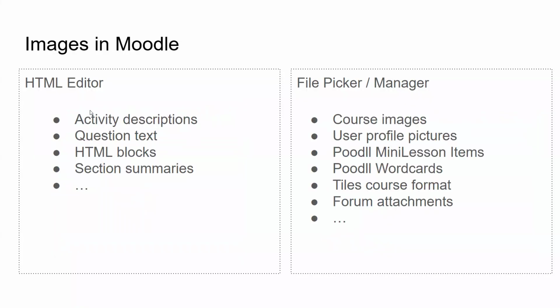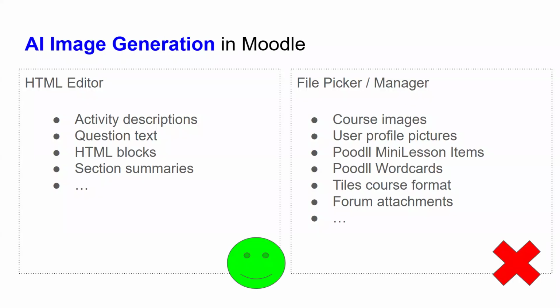So the point here, and this is kind of why we need to make the AI image repository, is because the HTML editor is available in activity descriptions, question text areas, HTML blocks, and the file picker is available in other locations, for example, as forum attachments or as the image that you specify for making a course, and some other locations. But AI image generation is only available in the HTML editor currently, and that's using the Moodle Core